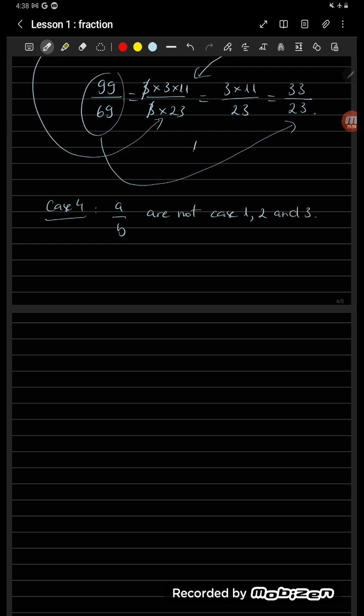It means a, b are not equal to each other. Okay, so it means a is different from b. Okay, a is not a multiple of b, and a and b do not have a common factor,